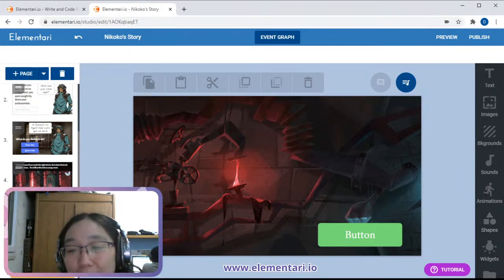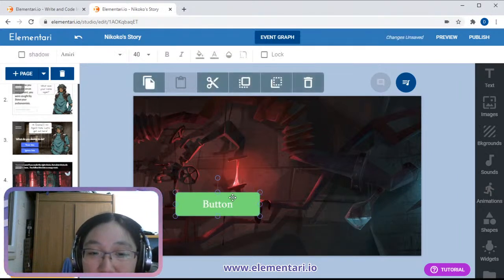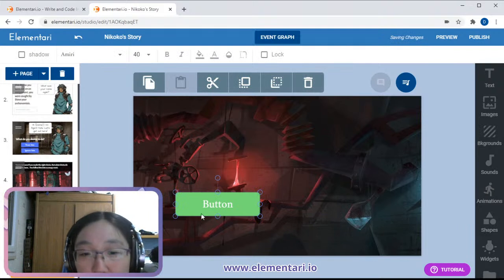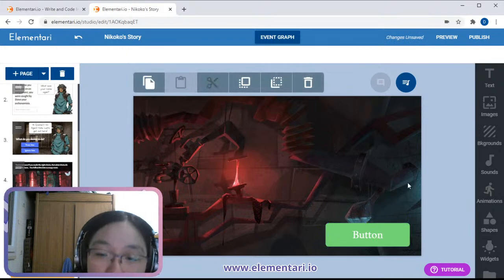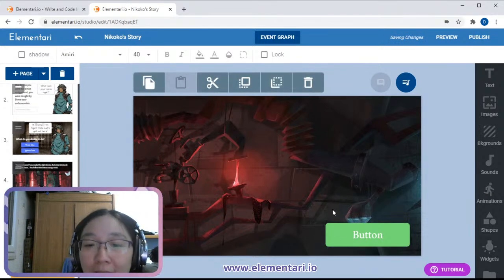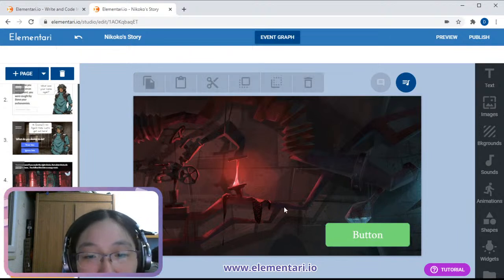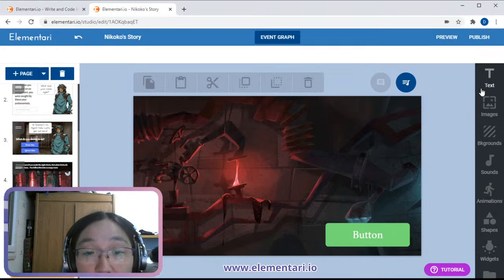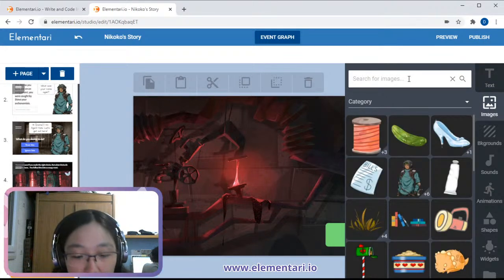So there's a couple ways that you can give an answer. The easy way would be using a button and creating a multiple choice kind of question. That's also the least fun way, I think, because it feels a lot like a multiple choice test. You have other ways, which might be you want to click on the right object. So if you have a newspaper, you can put a newspaper in. I don't know if we have a newspaper, do we?